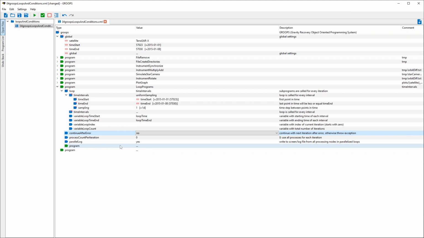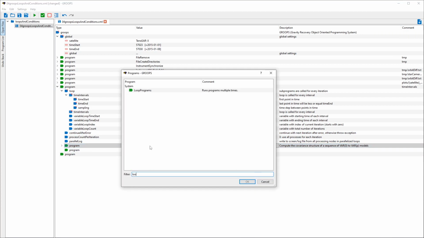Okay, what we can also set here is if we want to continue after an error. So if any of the programs within this loop cause an exception, we can say, okay, just skip to the next iteration and continue going. So we'll set that to yes, just to be sure. Okay, so this is our outer loop over the days, and we also want to add an inner loop over